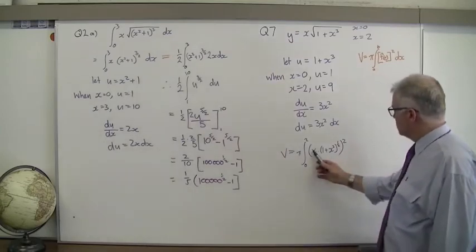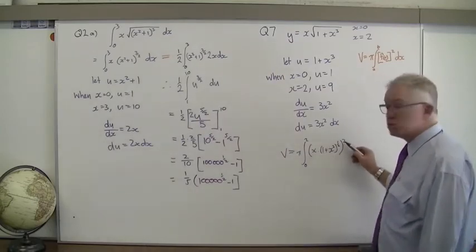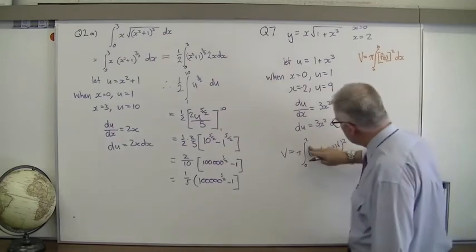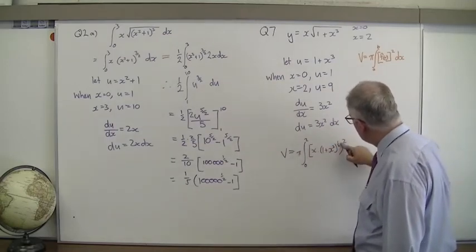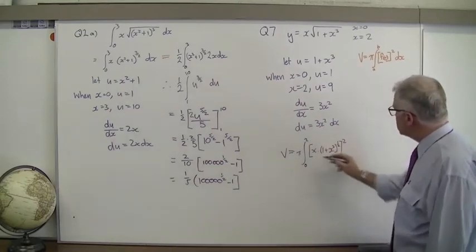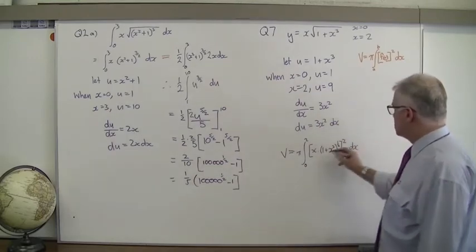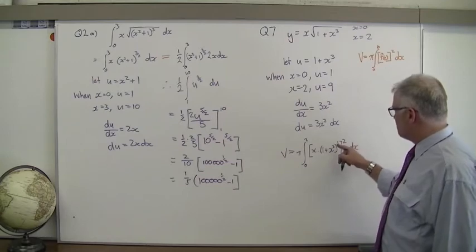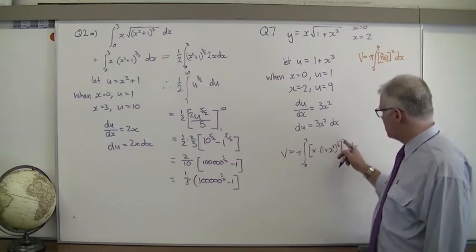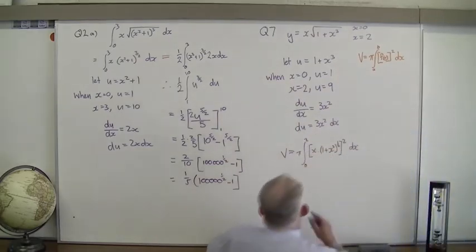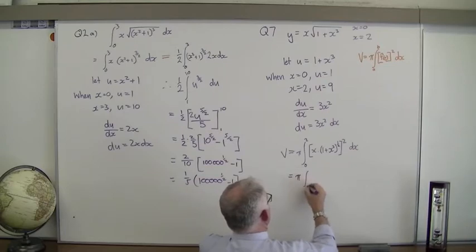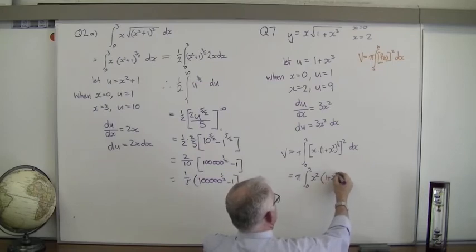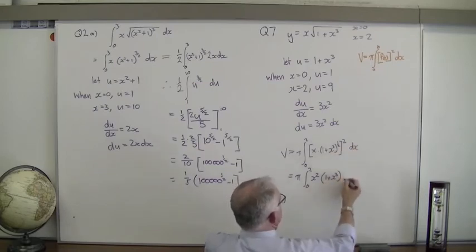all squared. So that's the function of x, all squared. Maybe if I put it in square brackets, the correlation is a little bit clearer between the two expressions. There's the function of x, all squared, with respect to x, dx. That's what we're aiming at. Let's get rid of this power here. It's not hard to get rid of that power because there's a multiplication sign there. Again, harking back to your index laws, from 0 to 2, that will be x squared outside of 1 plus x cubed, and a half times 2 is 1, so that just becomes